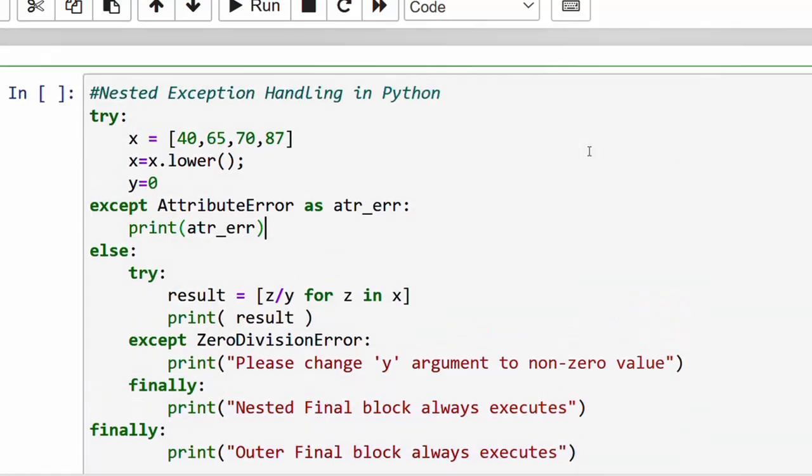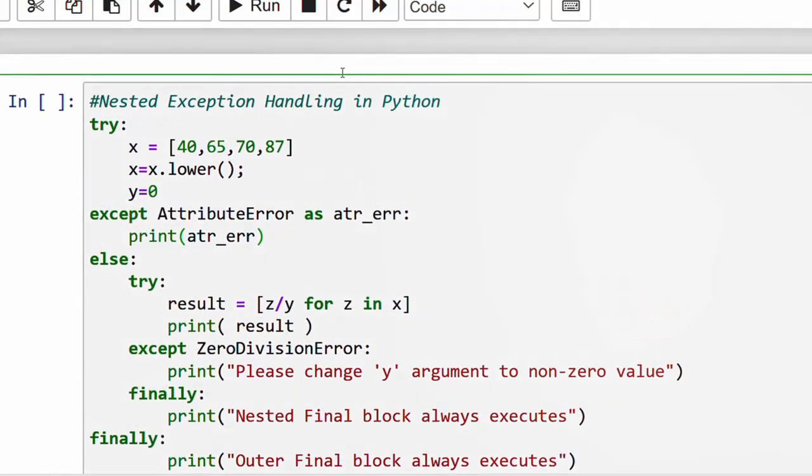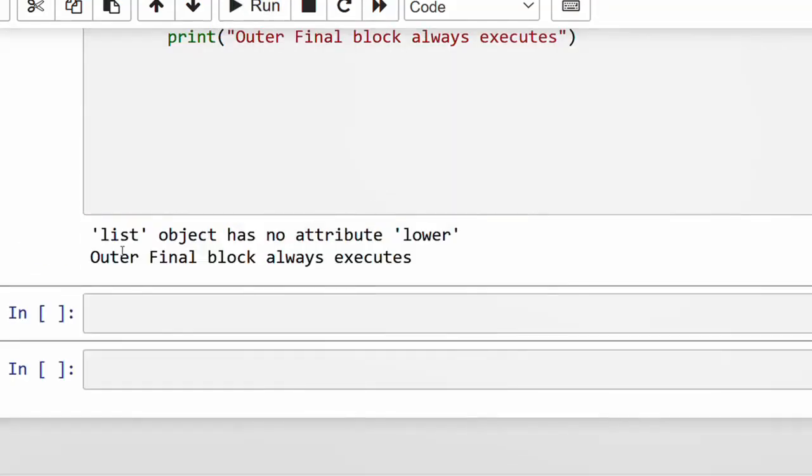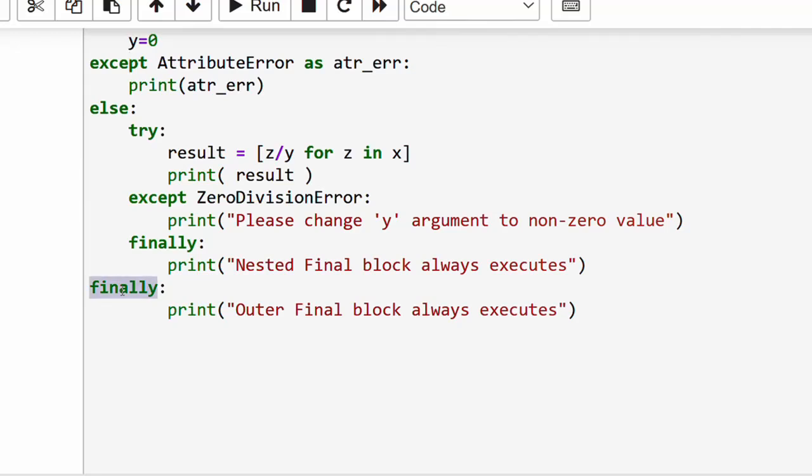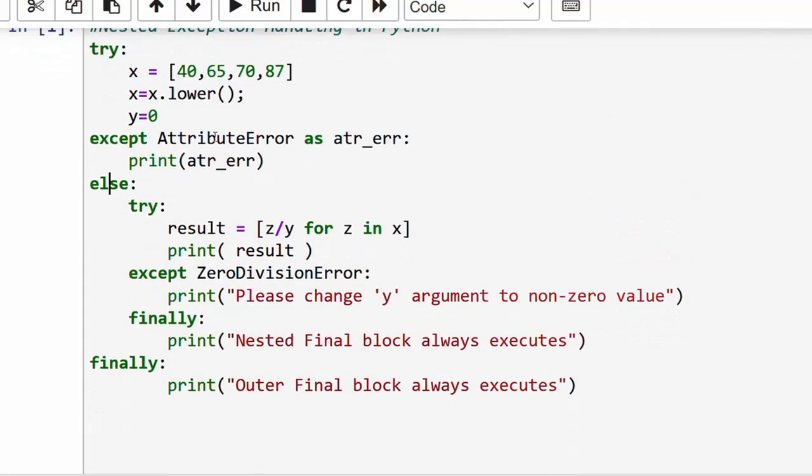So if I try this program, say run, then list object has no attribute lower, outer finally block always execute. It means we have an error on this statement, and this statement is part of our outer block. So this except block will trap this error, attribute error, and will jump to this finally block, ignoring the else part of this one. So if I delete this statement,